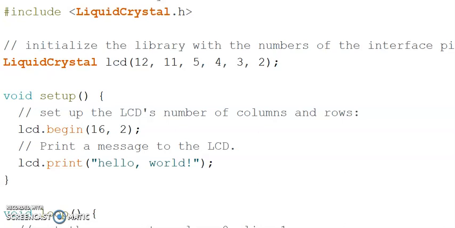Here for LCD also, Arduino IDE has developed its own library. So you need to tell Arduino IDE that you are going to use that library, means you are going to use commands from that library. So #include <LiquidCrystal.h> is going to tell Arduino IDE that you are going to make use of that library and the commands associated with that library.